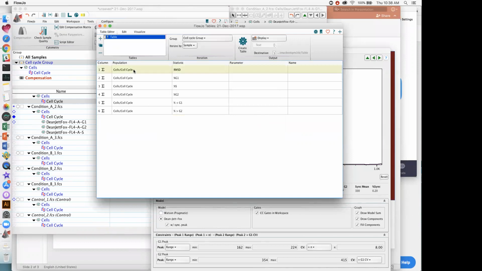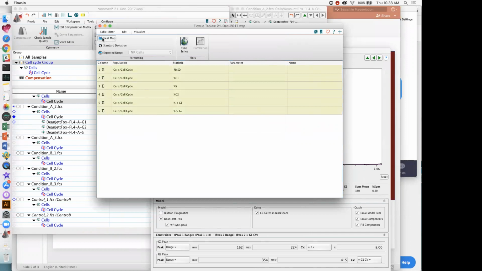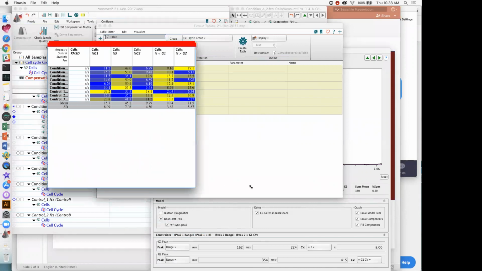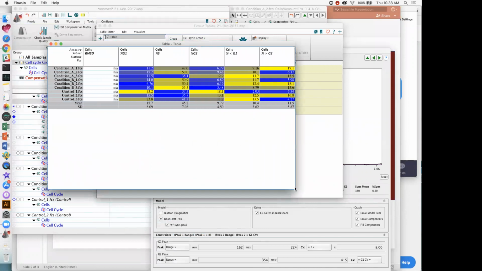Okay, once you've got this down, we can go ahead and make the table look slick if you want. Go ahead and shift click to highlight all of the samples or all of the statistics. And then if you head over to the Visualize tab, you can go ahead and click this heat map option, which will put a little fireball next to your stat. And now when you click the cog button here off towards the right, or if you navigate back to the table editor and you say create table, you'll get a table here that has heat mapped values for each one of your